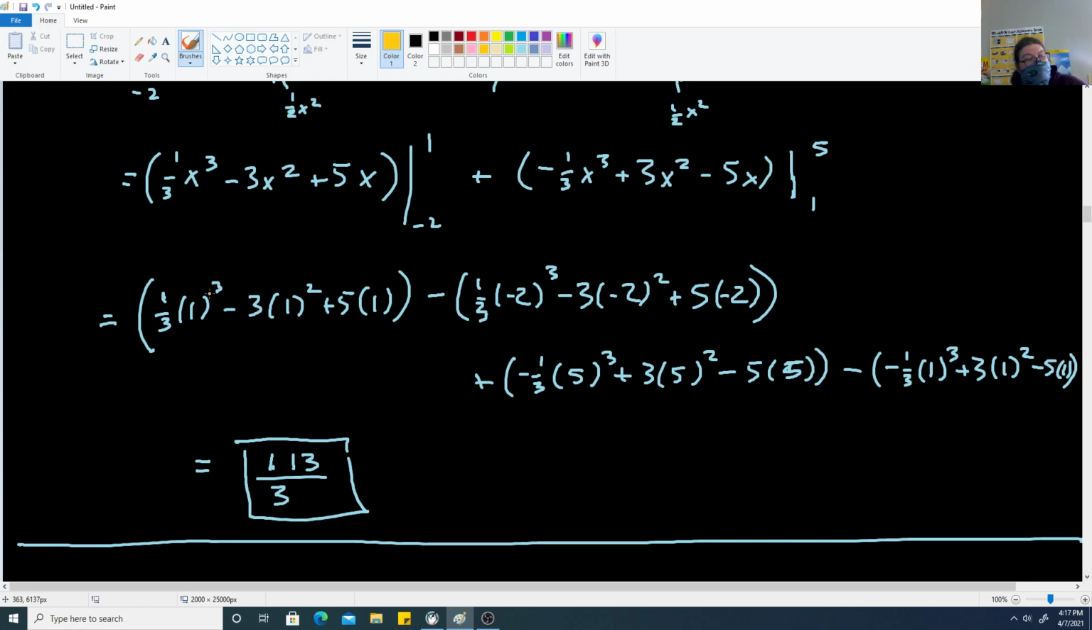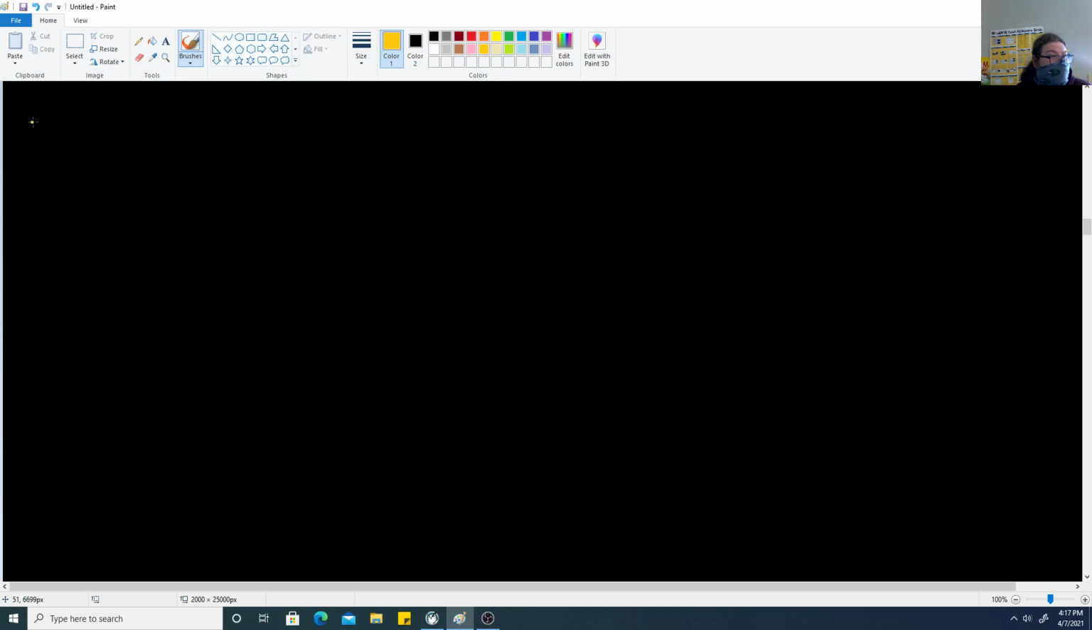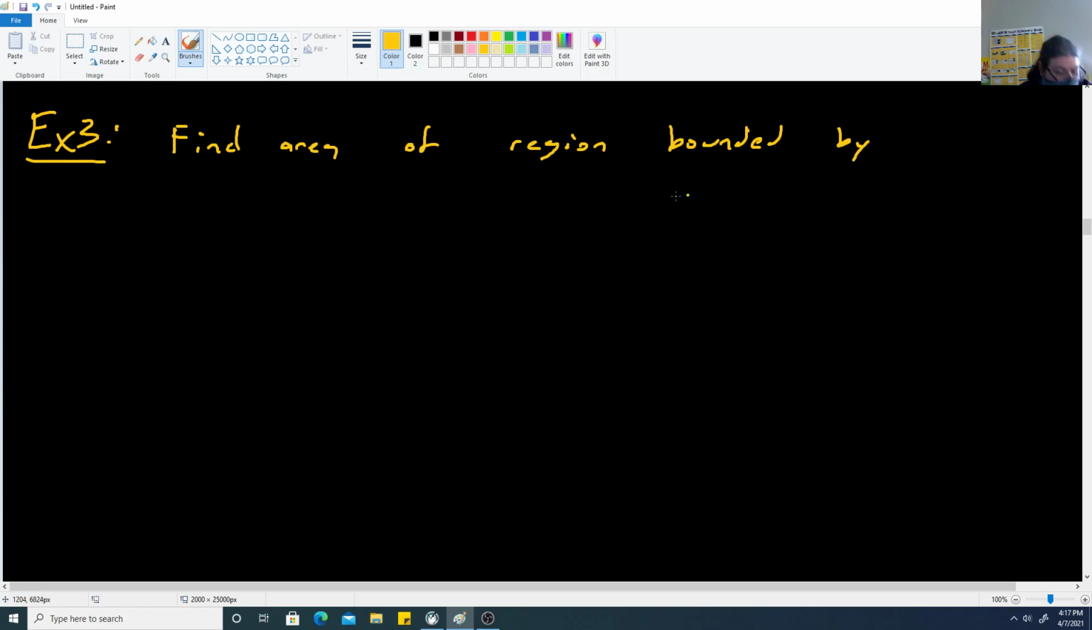So moving on to example 3 here. They want us to find the area of the region bounded by the following expressions. Y equals 8 over x squared. Y equals 8x, and y equals x itself. So 8 over x squared,